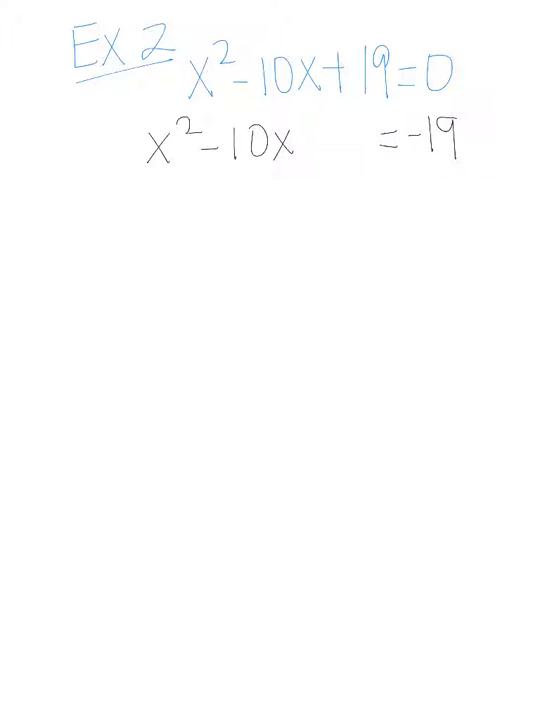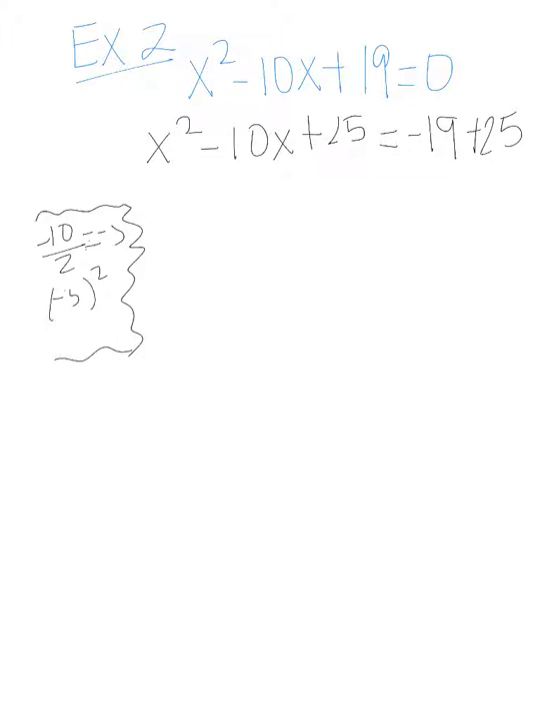Now, remember, our goal is to write this trinomial as a perfect square trinomial. So in my think box over here, I'm going to take half of the middle term, which is negative 10, which is negative 5, and then I'm going to square it, which will give me 25, negative 5 squared. So I've got to add 25 to both sides. So now I have a perfect square trinomial. So I have (x minus 5) squared